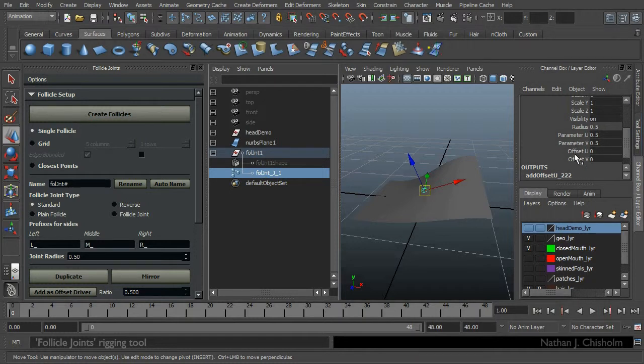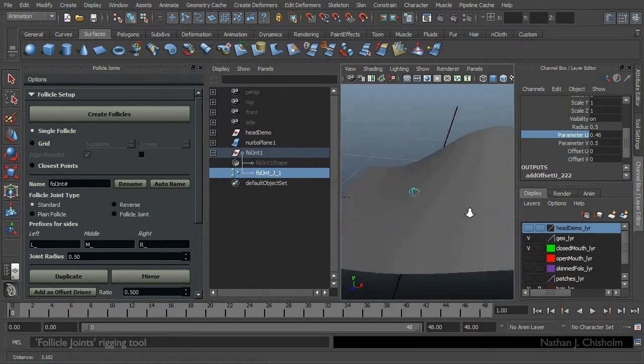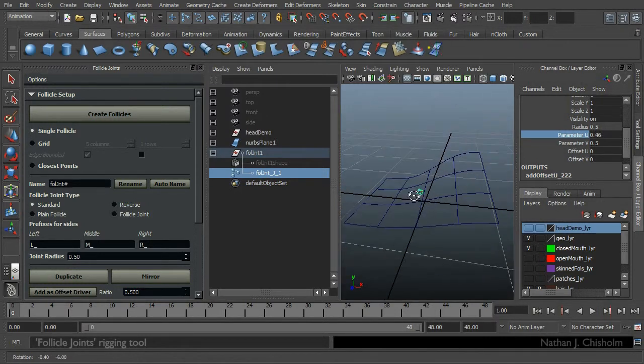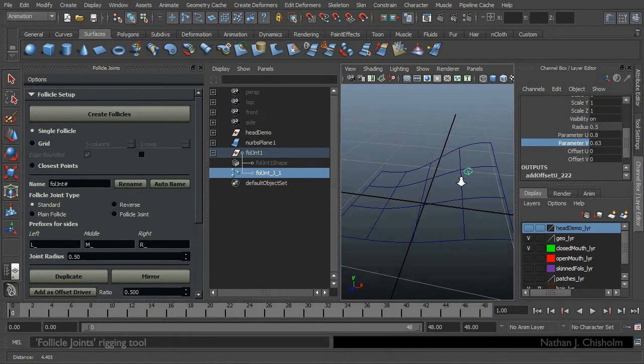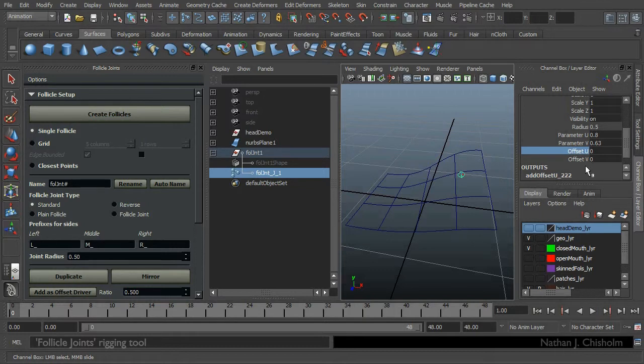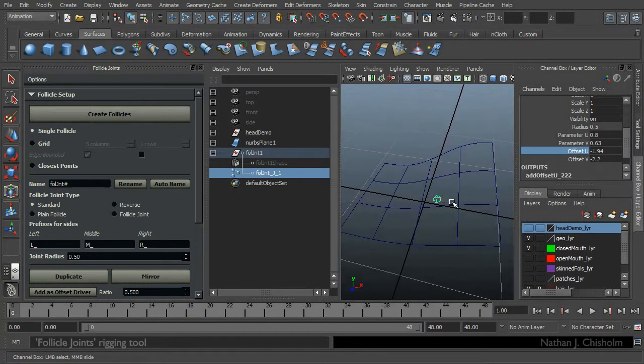I've put both the parameters which set the initial position of the follicle along the surface, U and V, using UVs if it's a mesh, but also offsets, which add a finer adjustment, a tenth of the number, so you can more accurately position the follicle on the mesh. These are also for driven keys: you can zero them and it goes back to its proper position.